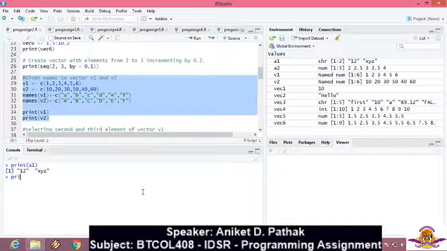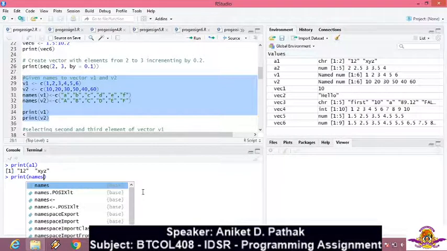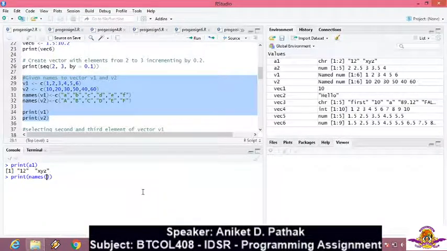So I am naming that. So directly I will go for the print function. In that I will use names of A1. I will again give the names that I am giving: first, comma, second. Okay, and the number of round brackets should be completed.